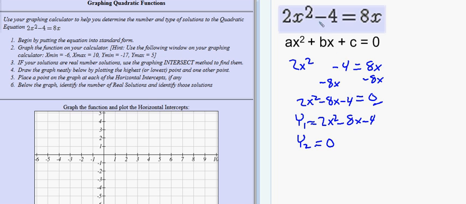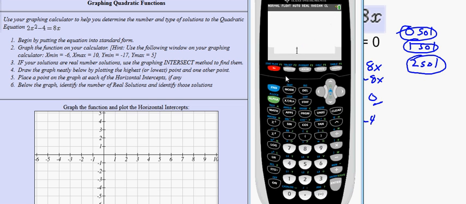And the most solutions you could possibly get is 2. So you can get 0 solutions, you can get 1 solution, or you can get 2 solutions. So if they're real solutions, there'll be 2 of them, or 1, or 0. So I can find them on my calculator by going, well, I guess I already did some work here, but